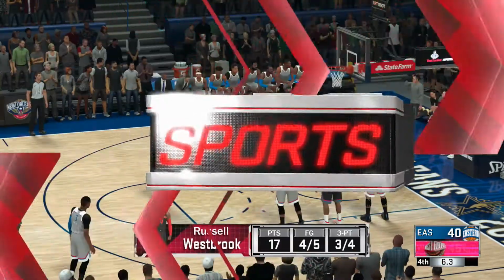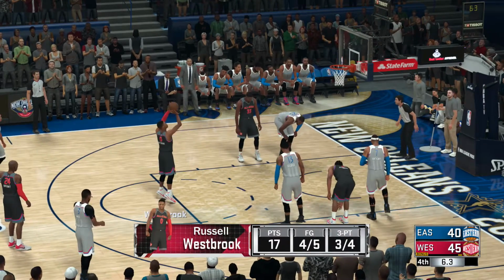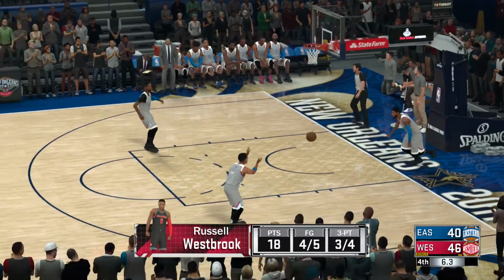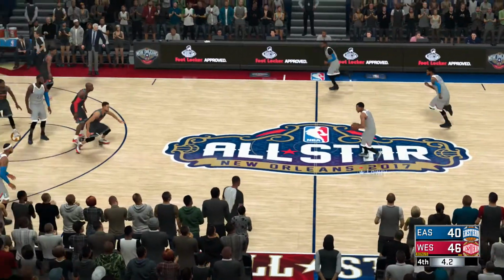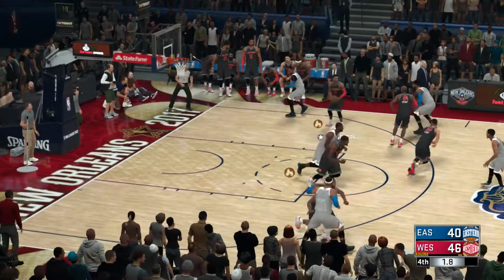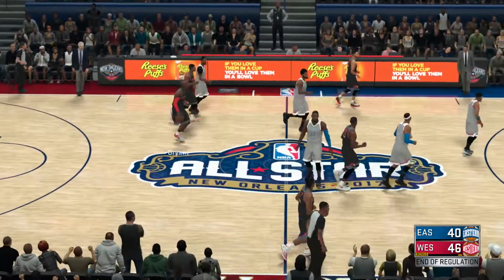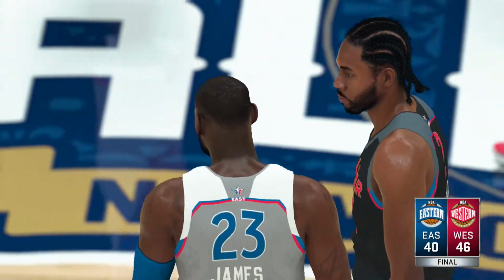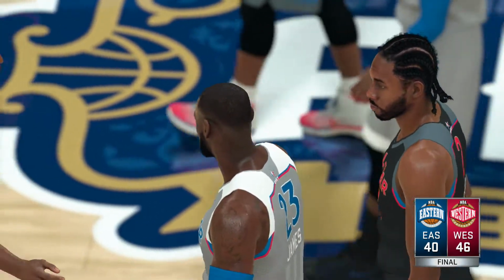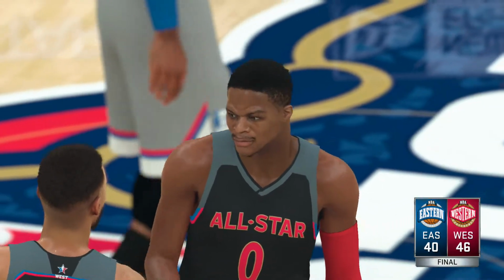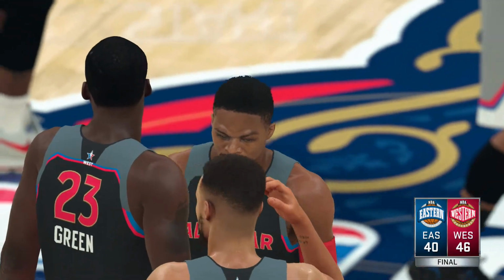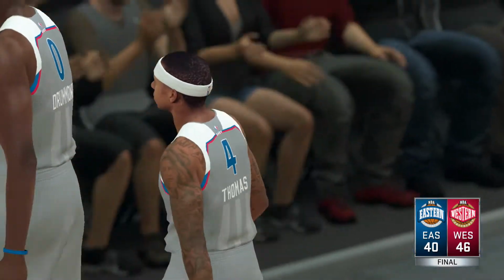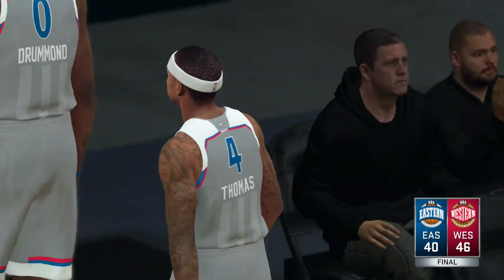Good on the first, and that puts them up by 5. So he gets them both, and it's a 6-point ball game. And that's curtains for him. Some really good work at the charity stripe to close this one out. Westbrook with the steal. So it's the West All-Stars picking up the win. It was a fantastic ball game, and they did a great job making sure it didn't get away from them late. Yeah, I mean, they faced some challenges, but really held firm when they needed to. On both ends, just effective in terms of coming away with this win.